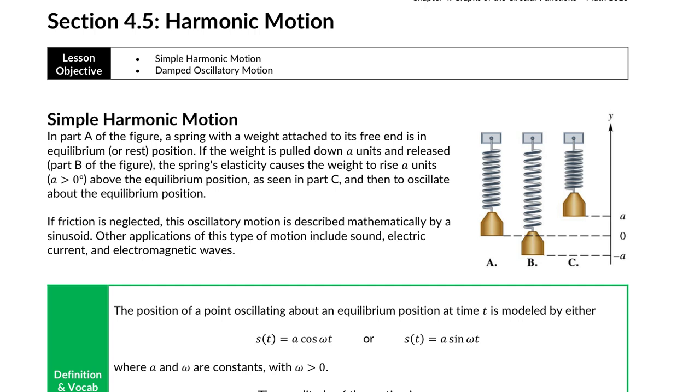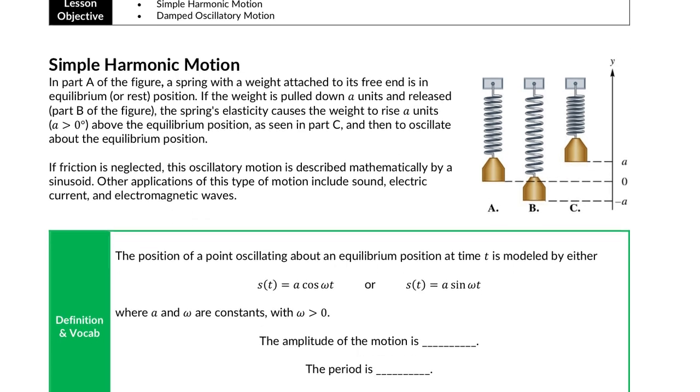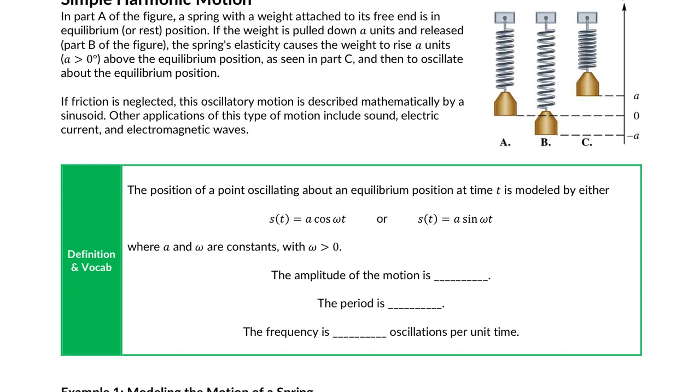Okay, well, theoretically, think about a spring for me. If you have a spring and you're holding something off the spring, you pull the spring down and let the spring go. What's going to happen to the object at the end of the spring? Yeah, it's going to go up and down and up and down. That's called harmonic motion. We're going to assume that friction is negligible, so this would happen over and over again. It would repeat, thus creating a sine or a cosine wave. So simple harmonic motion, the movement of a spring or other things that oscillate back and forth,